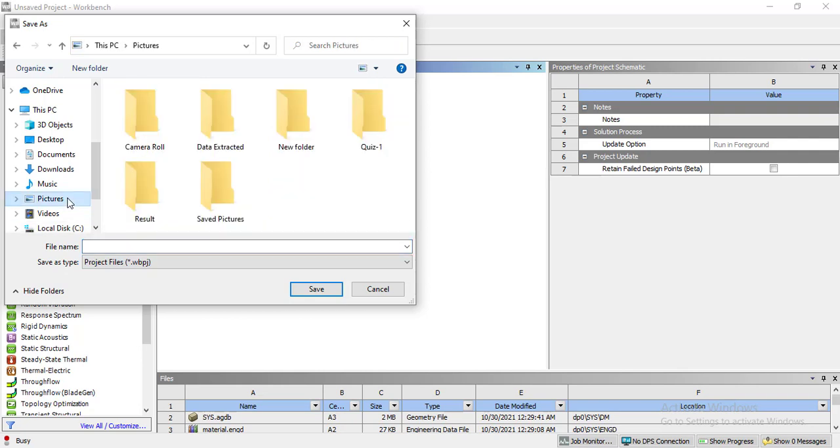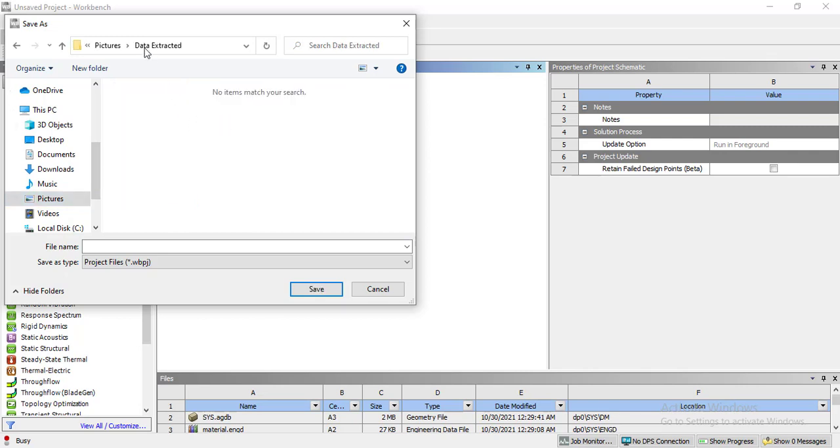If you have any questions, you can ask. I am saving it into the data extracted folder, clicking on transverse loading case. Opening the folder, entering the name transverse loading. Save the model.